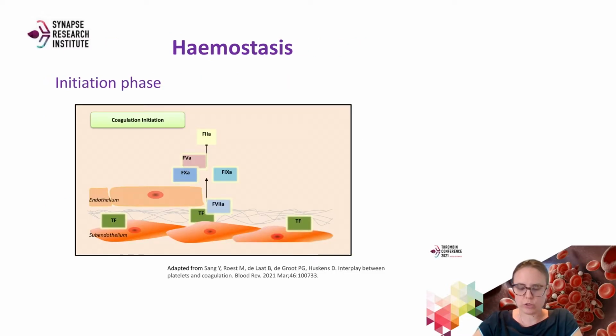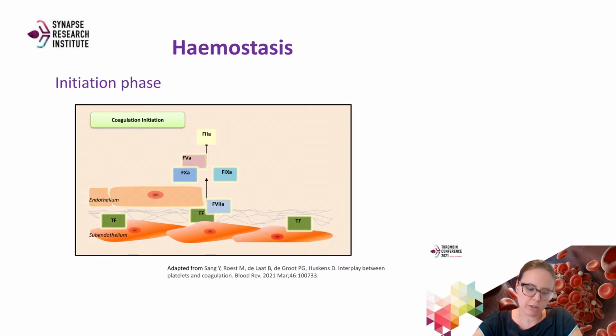First, I will shortly introduce the cell-mediated phases of coagulation. Physiological hemostasis is often represented in three phases, in a three-phase cell-mediated model. All phases require the presence of cells or cellular components to establish normal hemostasis. Coagulation is initiated when the endothelium is disrupted, which exposes tissue factor-expressing cells in the subendothelium.